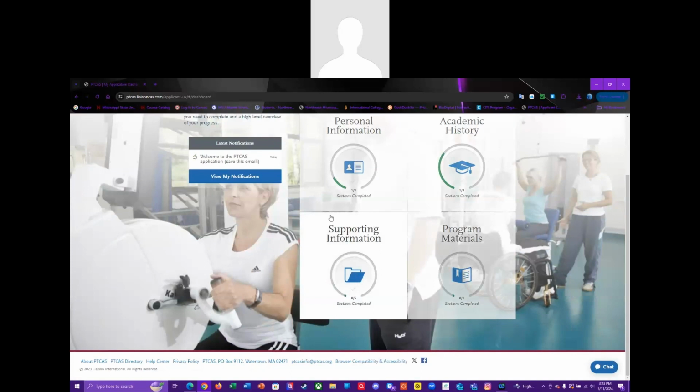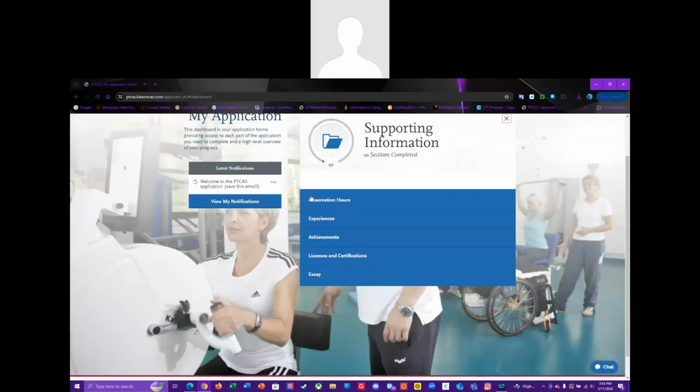And it's actually stuff you could probably go ahead and be working on now, similarly to this personal information and academic history as well, but also the supporting information, before all these programs start opening up for that 24-25 cycle starting June 15th or mid-June. So for supporting information, we're going to go into the observation hours, experiences, achievements, licenses and certifications,